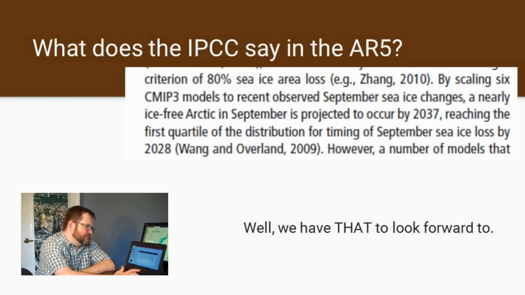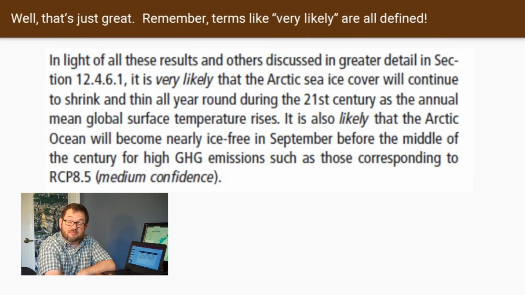But this looks bad, especially in light of, remember, we saw some observations of sea ice coverage in recent years and how bad the sea ice coverage has gotten in the recent winters. In light of all of these results and others discussed in further detail in the IPCC report, it is very likely that Arctic sea ice cover will continue to shrink and thin year-round during the 21st century as global mean surface temperature